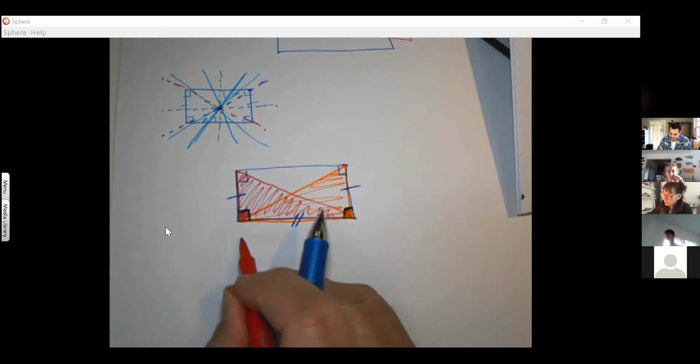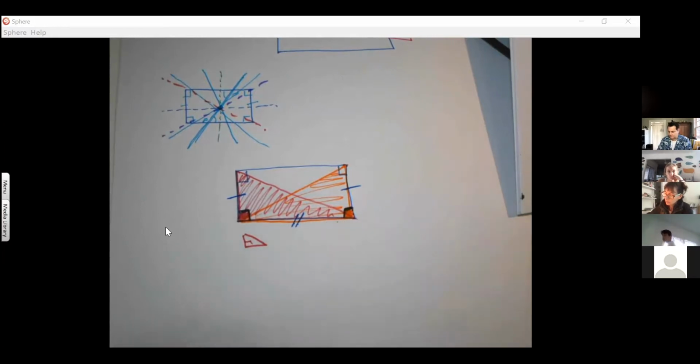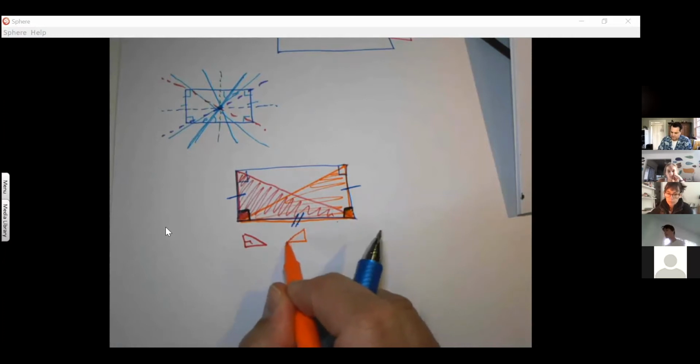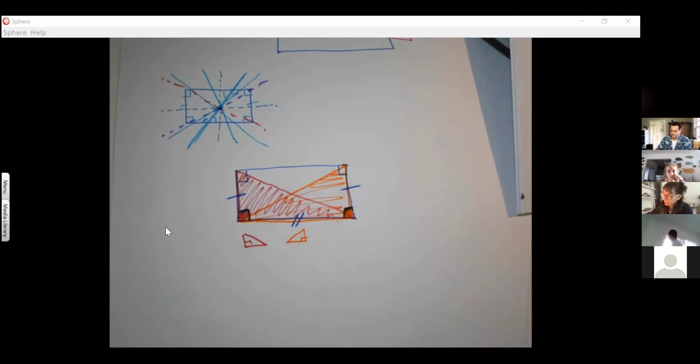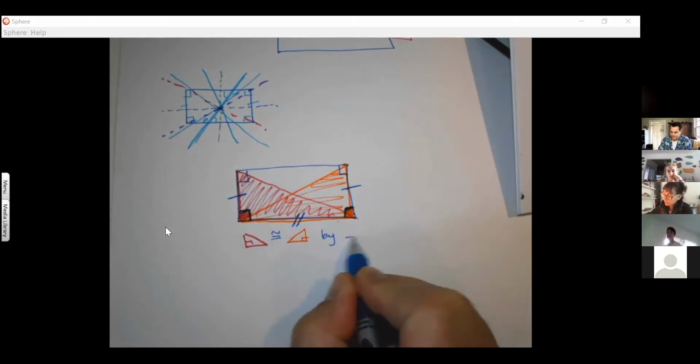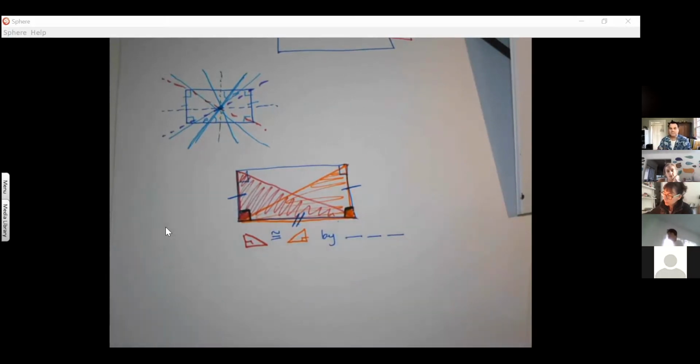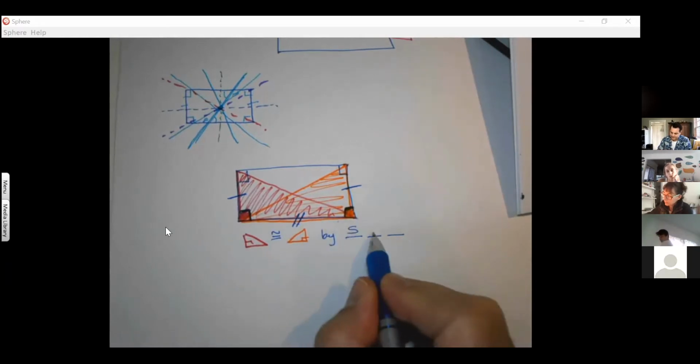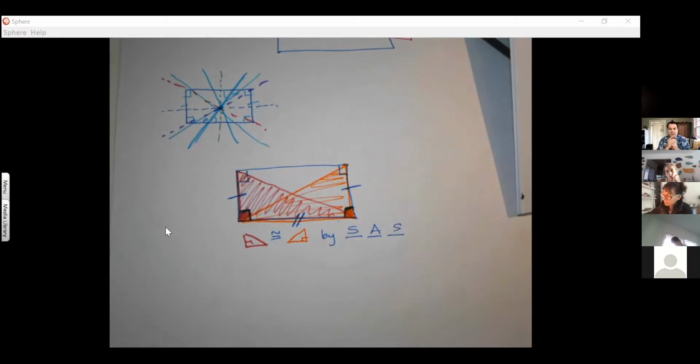So now I can end up with the red triangle and the orange triangle are congruent by what theorem? SAS. Very good. SAS. And of course, if they're congruent,